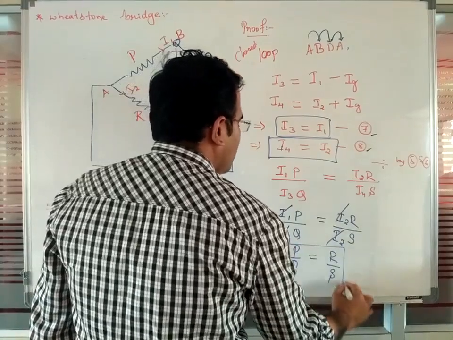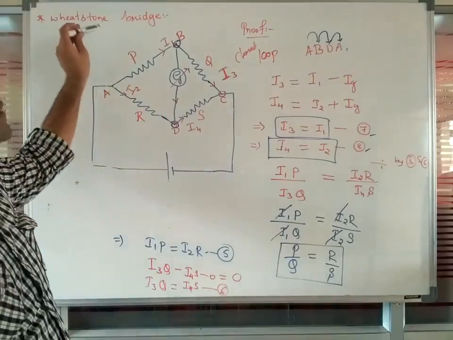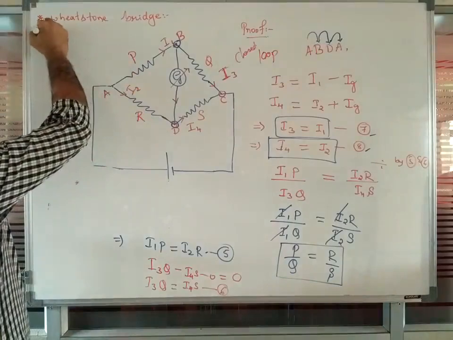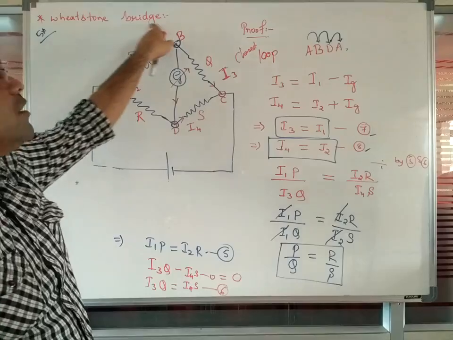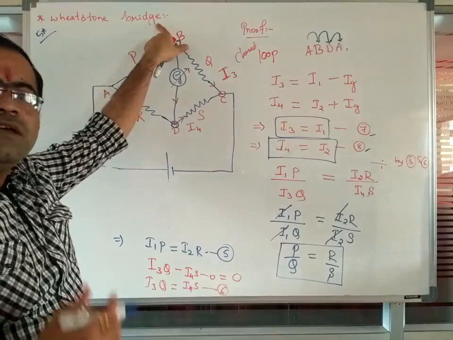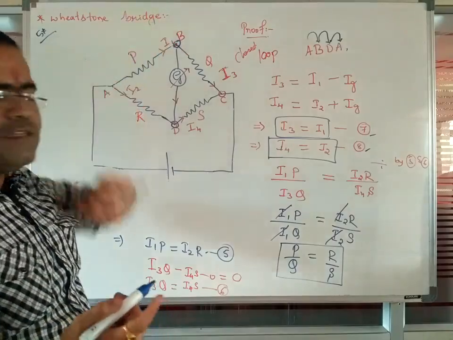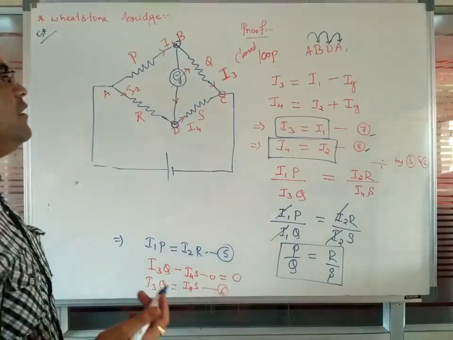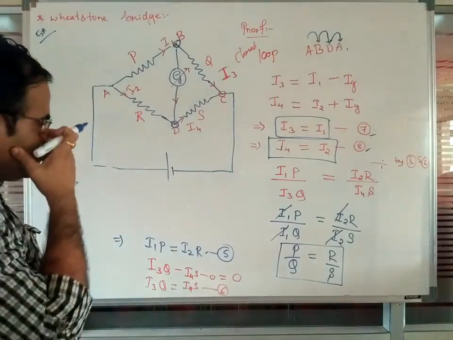So this is a very important derivation, or a very important proof of this Wheatstone bridge. It may be asked for 5 marks. What are they going to ask? What is the meaning of Wheatstone bridge? On which principle does it act? What is the construction of this Wheatstone bridge? And what is the proof of this Wheatstone bridge? Everything they may ask for 5 marks, a very important derivation.